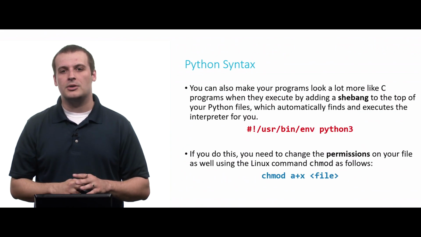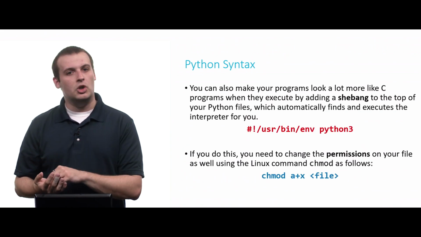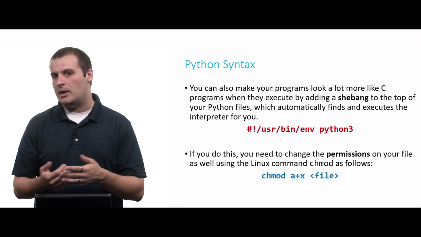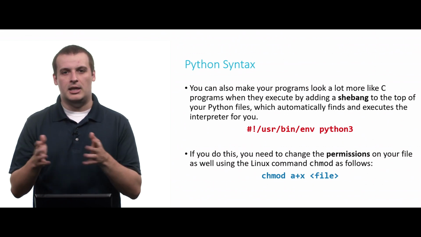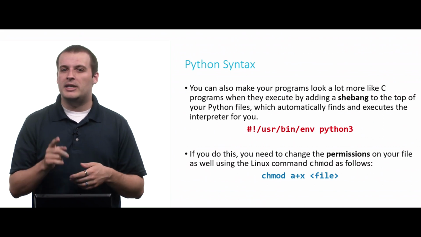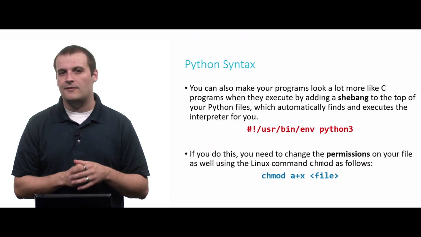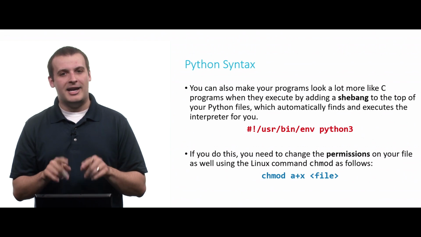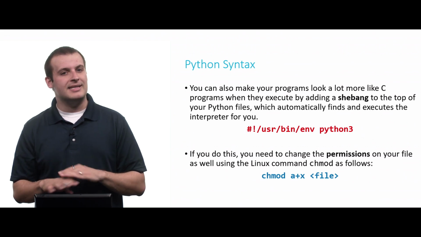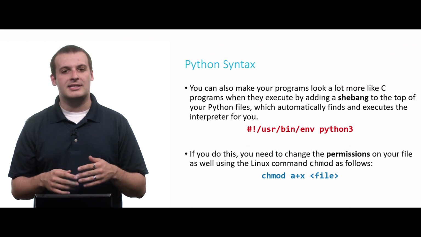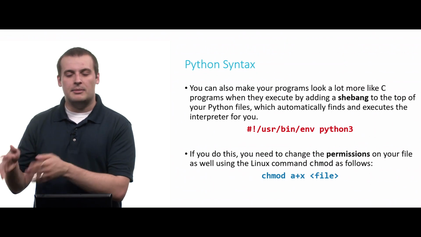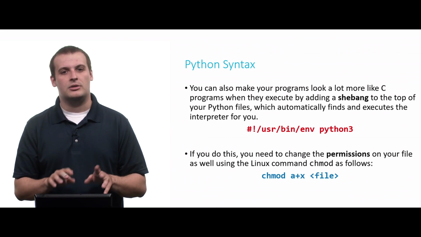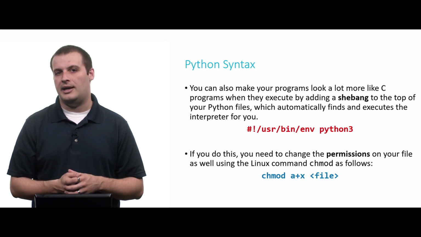And if you really want to make your Python programs look and run a lot more like C programs, for example, in C, once we compile a program into, say we make hello, we then have ./hello, we can include this line in red at the very top of our Python file, and then we can execute the line in blue after we're done saving the file. And then we can actually, instead of typing python and then whatever we want to call it .py, just write ./blah, blah, blah, .py.